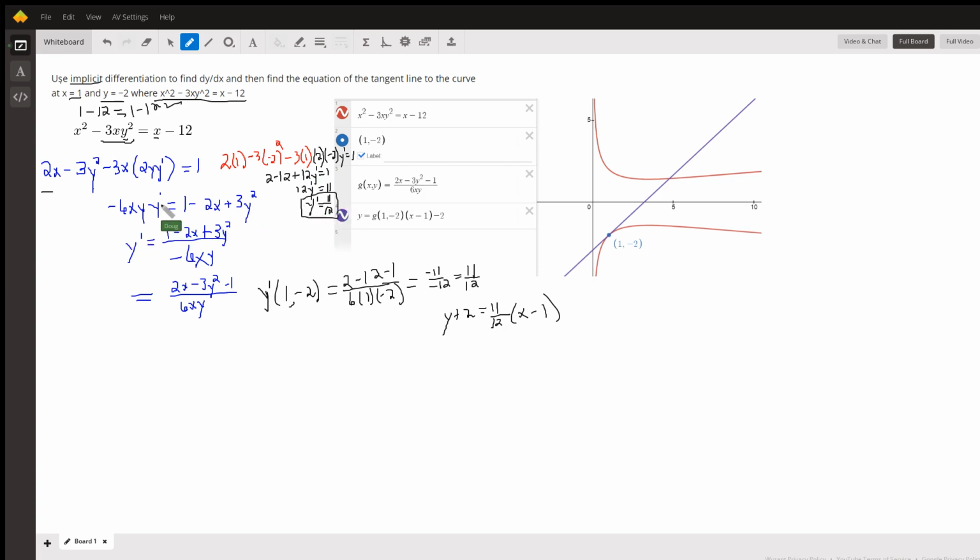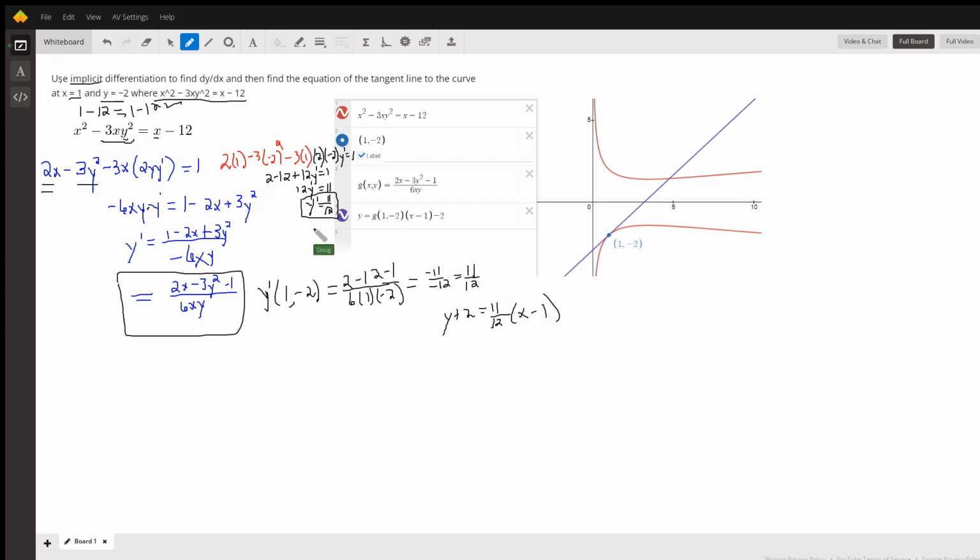But you could also isolate y prime and get a formula for the first derivative in terms of x and y. So I move, or transpose, these two terms to the right side of the equal sign, then divide by the coefficient of y prime. And you have the option of saying, well, I'm going to multiply numerator and denominator by -1 so that I don't have this negative sign sitting out front. Okay, and so now we use the fact that the slope is 11/12,